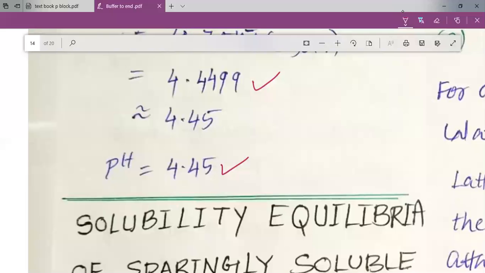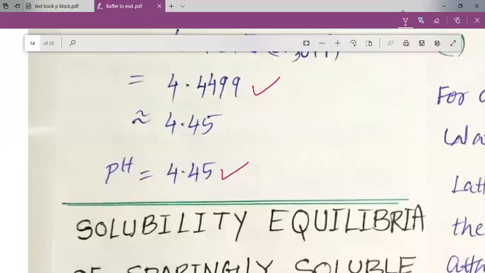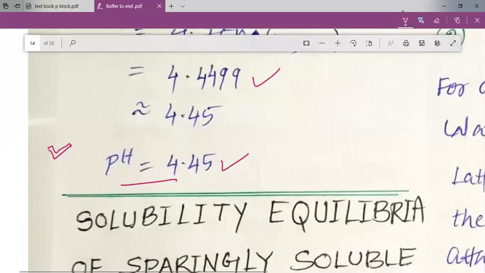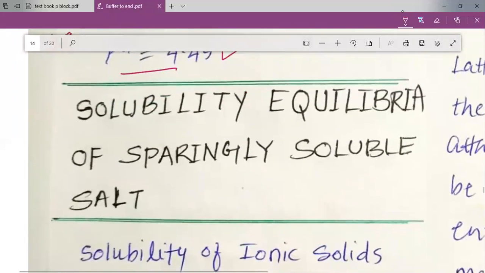So please remember, my dear students, these are the kind of problems that may be asked to you. This pH of buffer, this particular point has been developed to a higher level. If it is not included in your textbook, if you look into the last pages of your textbook, then they have given this kind of text so that you can understand. I have even added a few of the important questions, and I found such questions are asked in the various exams, so I have included them for you.